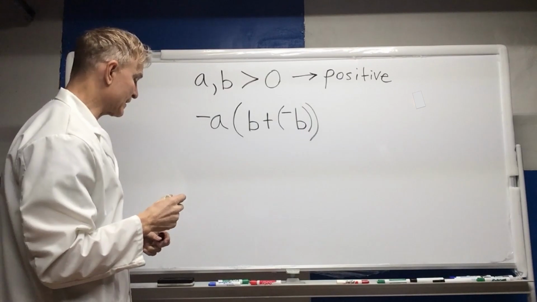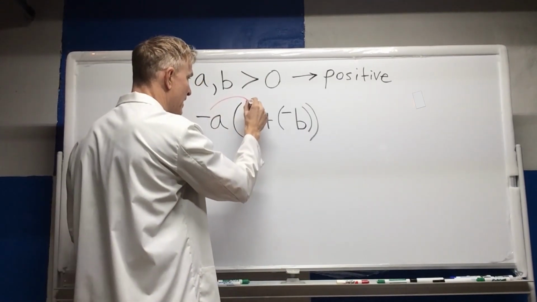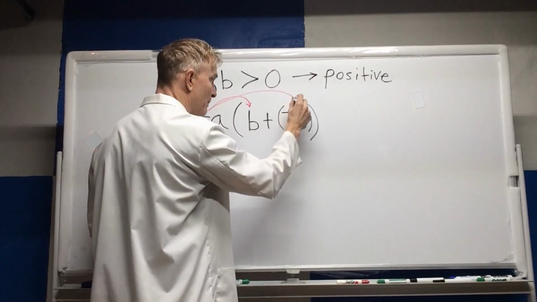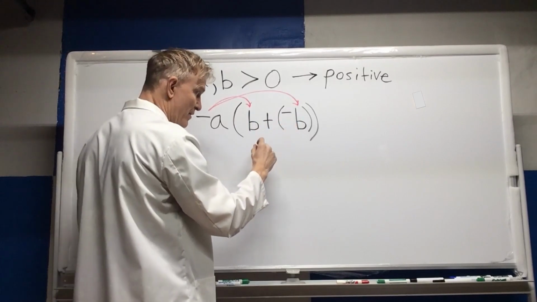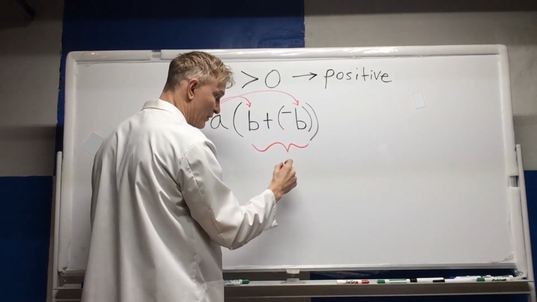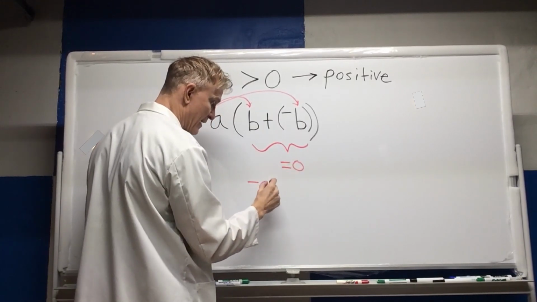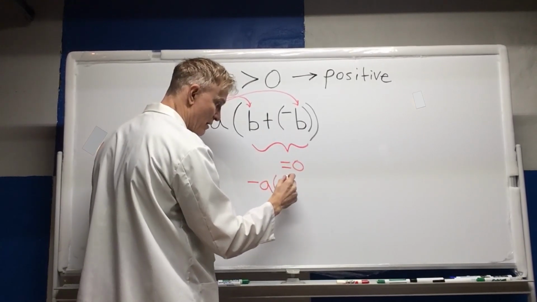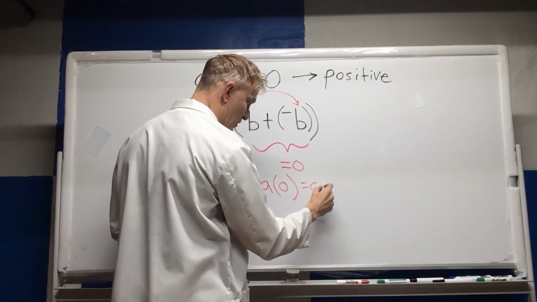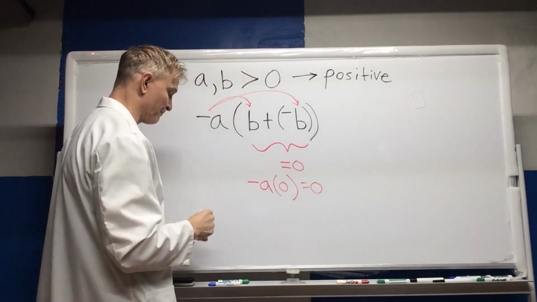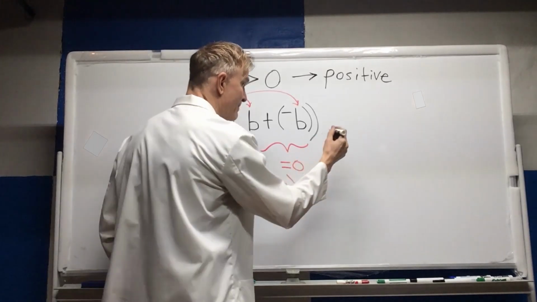So now I look at this and I say, okay, let's distribute. That one times that one, and then we're going to get this one. But we know that a B plus a negative B, the inside here has to equal 0. And we know that a negative A times a 0 must equal a 0. So using that same idea and that same approach, that's going to be negative AB